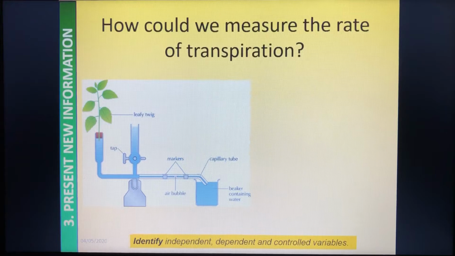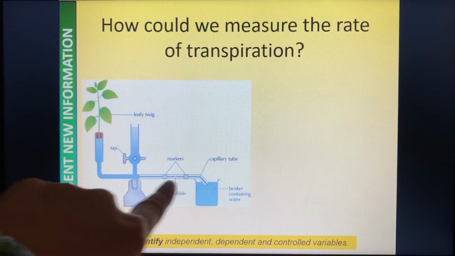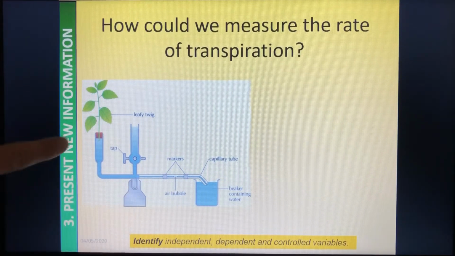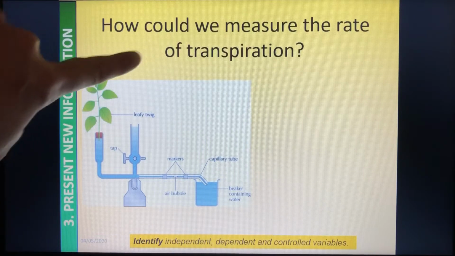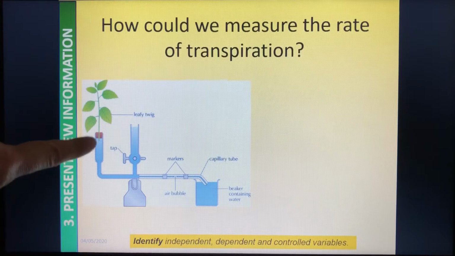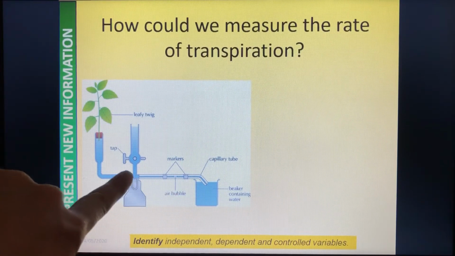This is the apparatus, the equipment that we're going to use today. It's called a potometer, and we've got this air bubble here, and we can put a ruler next to it, or they've got two markers, and that air bubble is going to move. As water leaves or escapes through the leaf here, more water will be drawn up. It will be taken from this area here, and as a result, this bubble is going to travel towards the